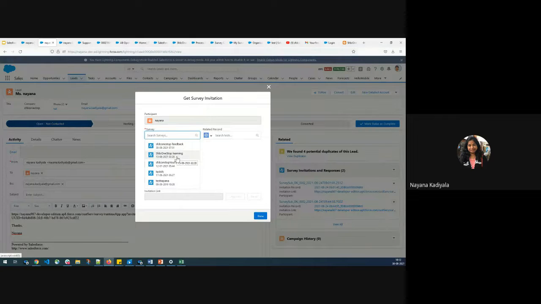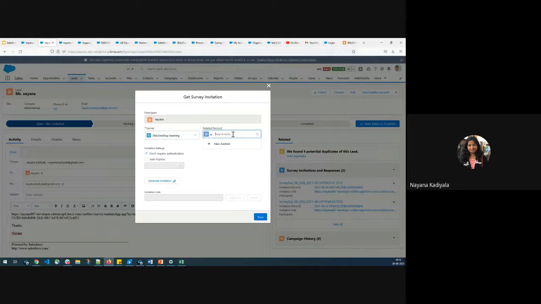It could be any one. And this one is the related record. If I want to associate this particular survey to any record, I will go with one of the supported objects, maybe Account, and I can choose any of the accounts. I'll just go with the default first option.